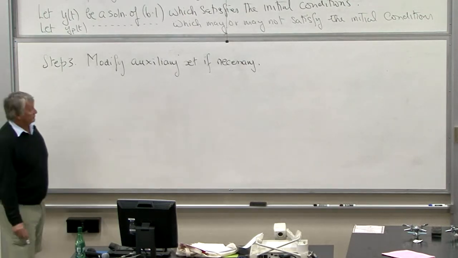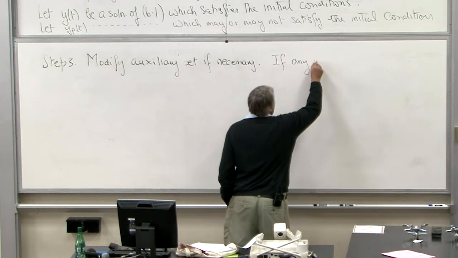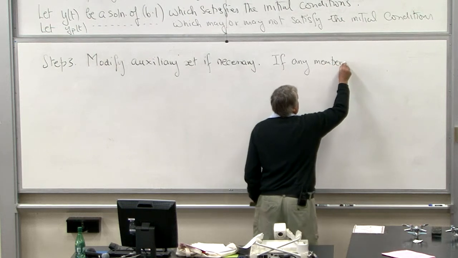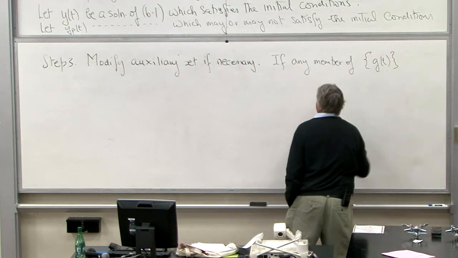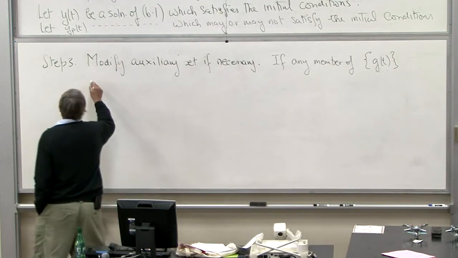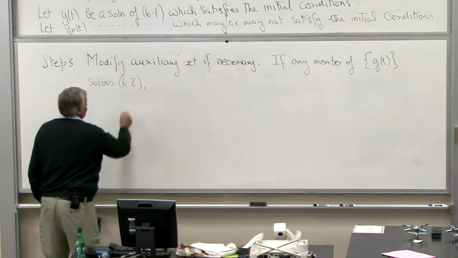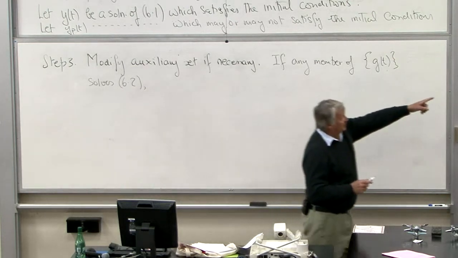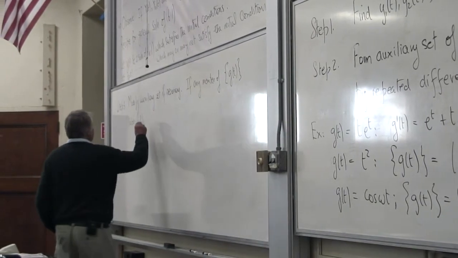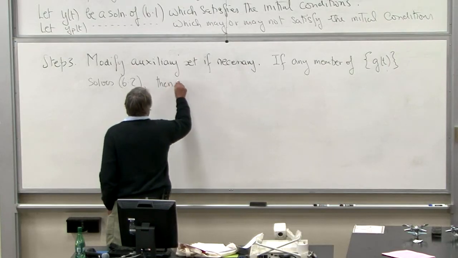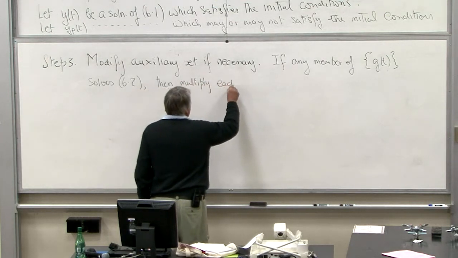If any member of the auxiliary set that you just computed of g of t solves 6-2, in other words, is a solution of the homogeneous equation, whose solutions you've already determined here, then multiply each member